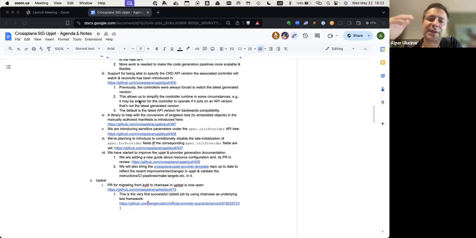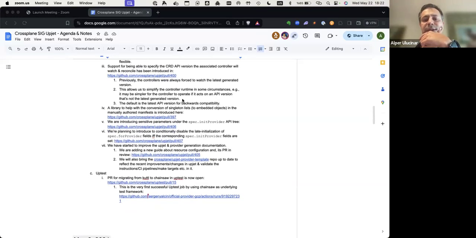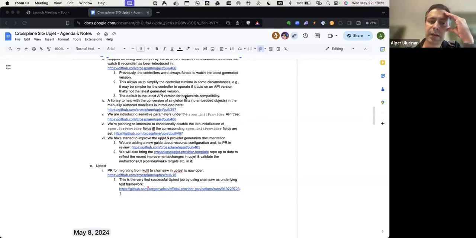In those cases, there is no need to complicate the controller's runtime, what the controller does to do the reconciliation. And if you have such a situation, it's now possible to configure the resource reconcilers, the controllers, to use an older version of the CRD.